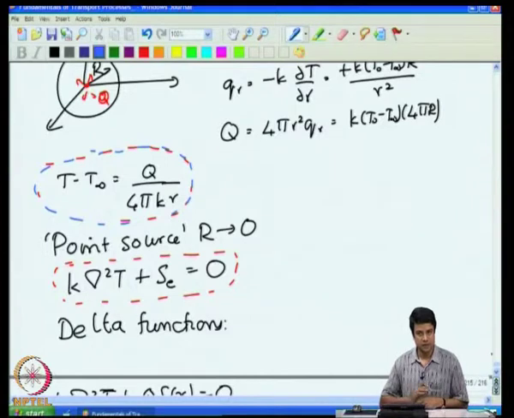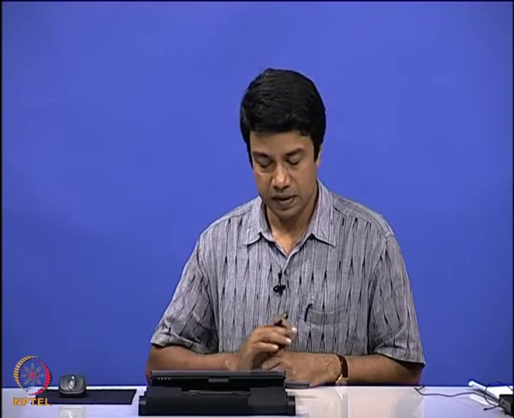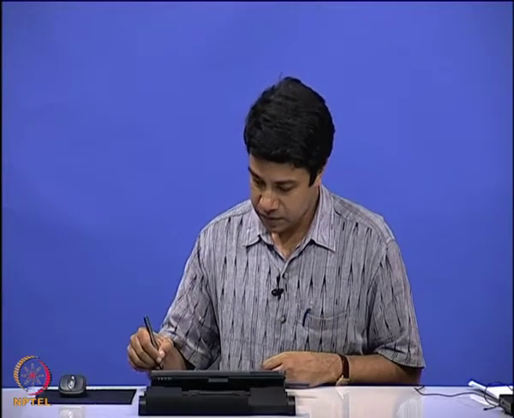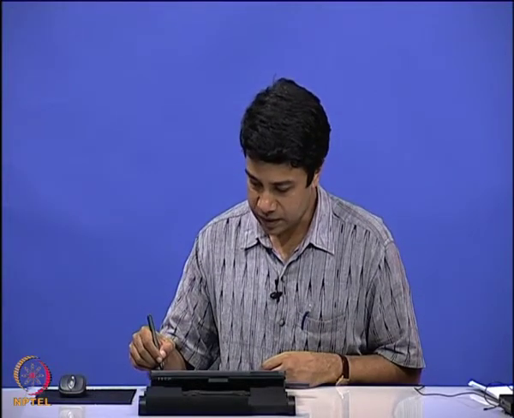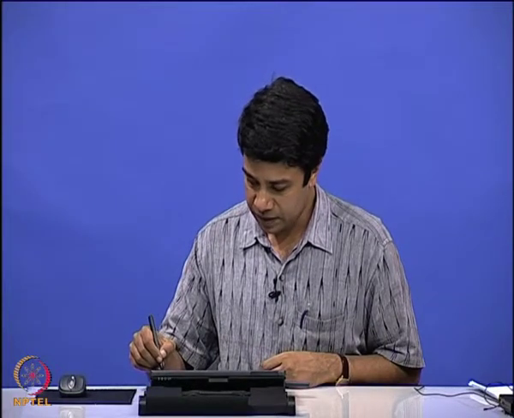So, next lecture we will start off on how we express sources and sinks in terms of delta functions and how we can use that to solve problems. In addition, what is the relation between the solutions written in this form and the spherical harmonic expansions that we just derived. So, to briefly recap what I did in this lecture,